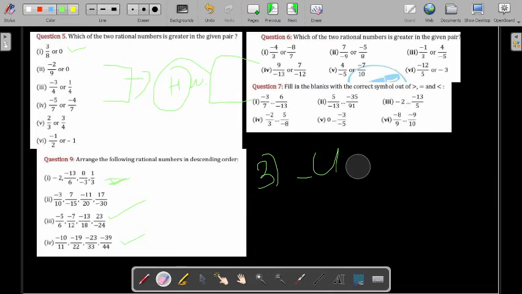Okay, so let's see the third question. What is the third question saying? The third question is saying -5/6, -10/12, -13/18, 23/-24. Just do it in descending order. Now how will you do this question? I will do one part because these are lengthy questions, they will take time. What you have to do in this question: you have to convert all of these. First take out the LCM of 6, 12, -20, 18, -24, so that no confusion should be there. 18, -24.